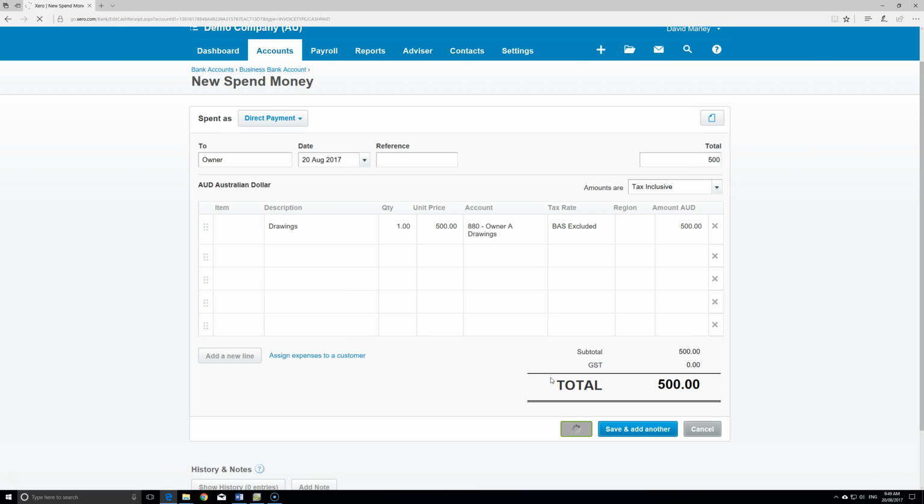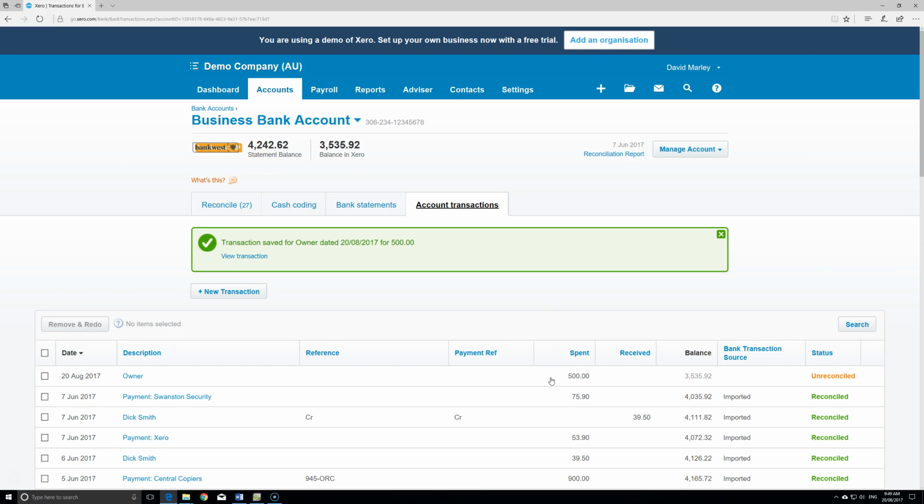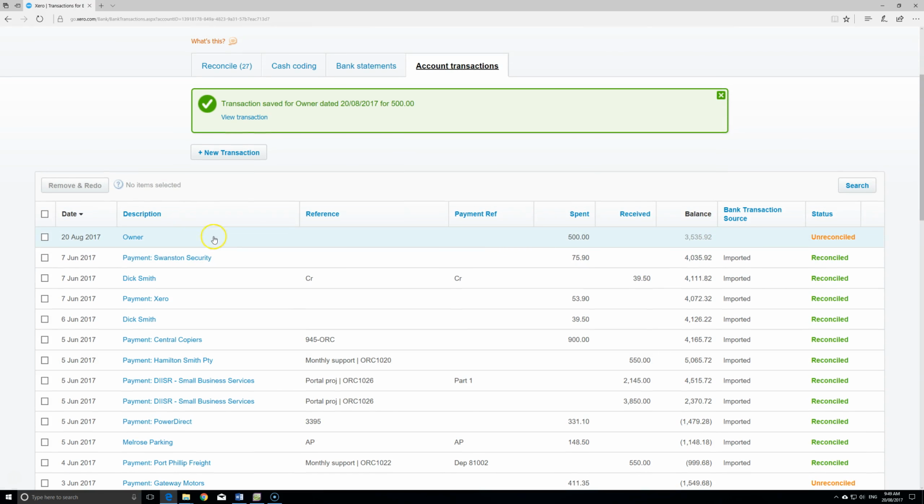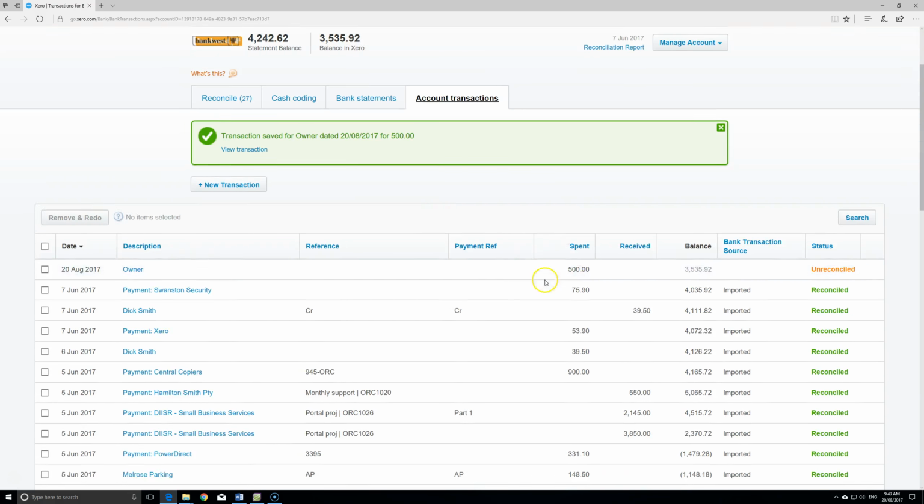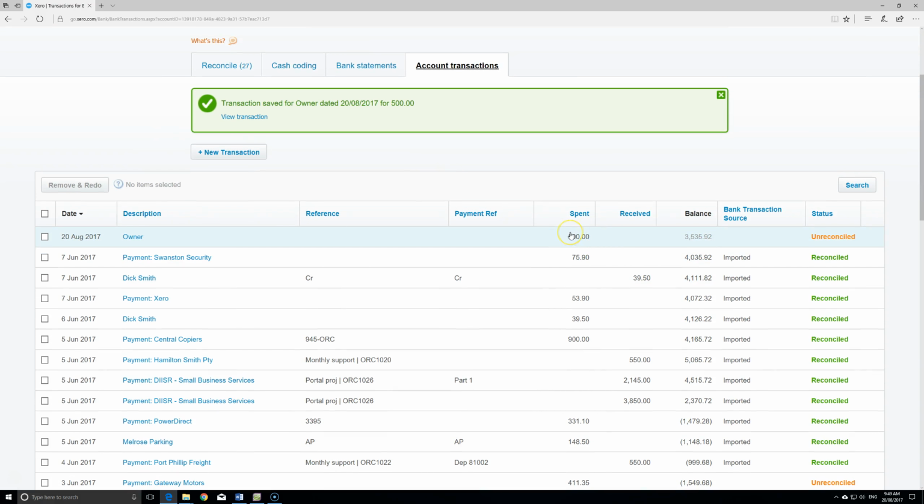Alright, and that posts to my general ledger, and same as MYOB, it is posting the journal, going straight to the ledger, and then I could run a report if I wanted to. Notice that down here we can see my transactions, both spend and receive from the bank account. Some of them are reconciled. The one that I just posted is not reconciled, meaning we haven't confirmed it against the bank statement yet and